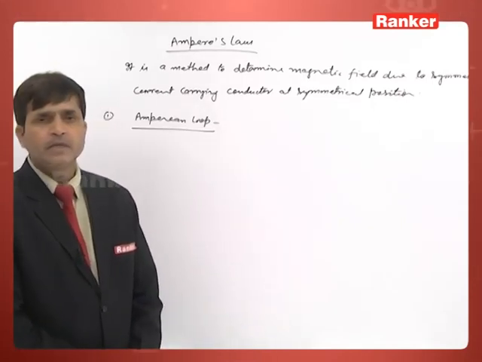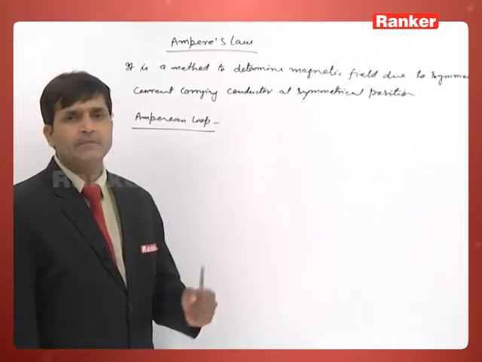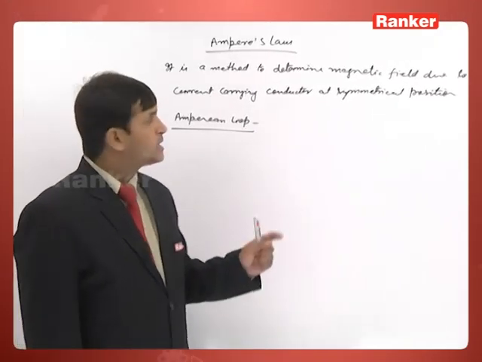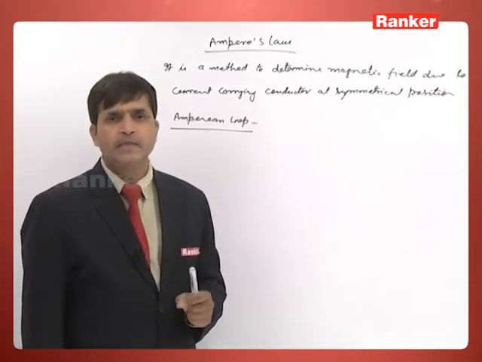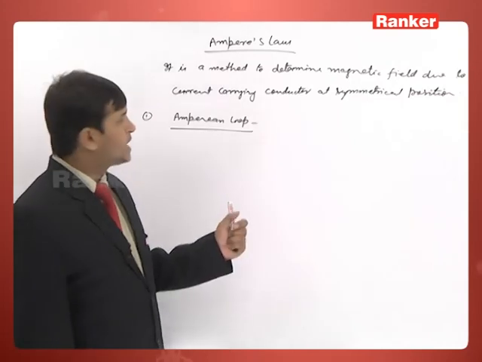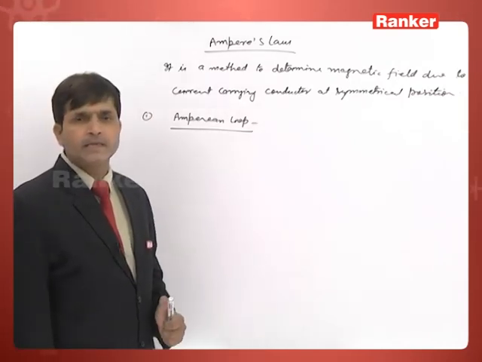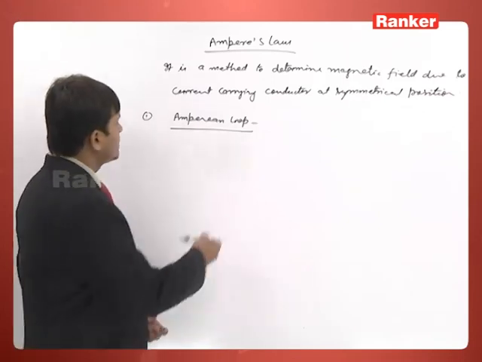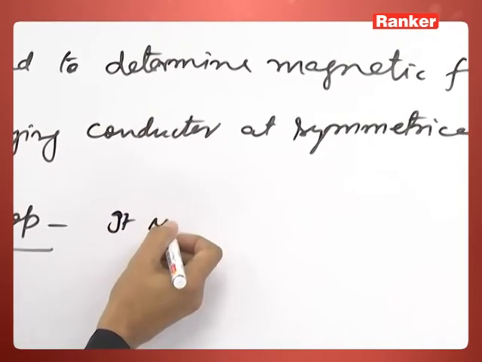So we could make a surface of any shape and size in Gauss's law. Similarly, Amperian loop means we have to make a loop, and that loop can enclose any current carrying conductor or not. So we can write, Amperian loop means it is an